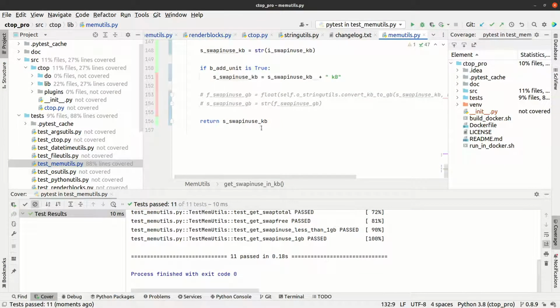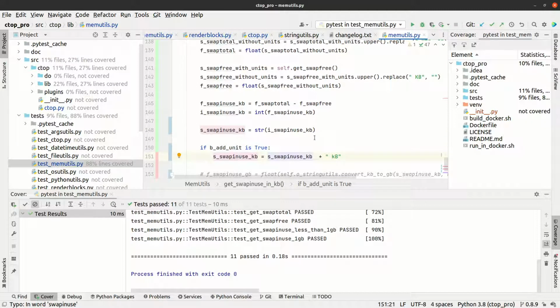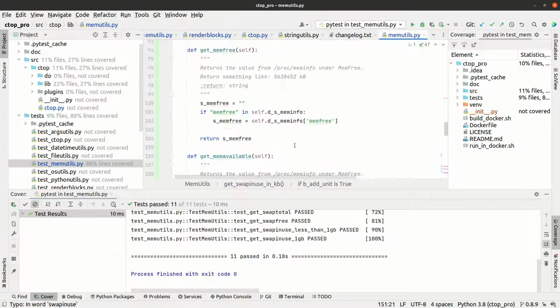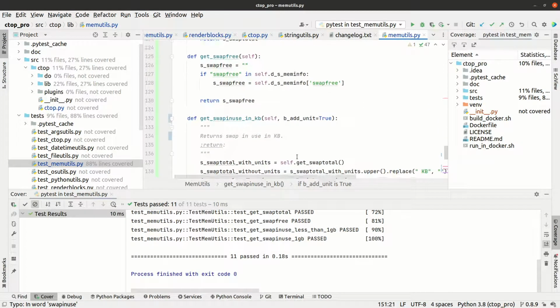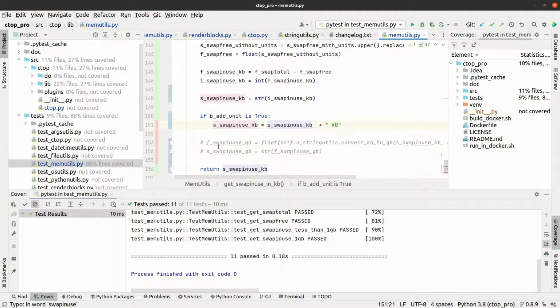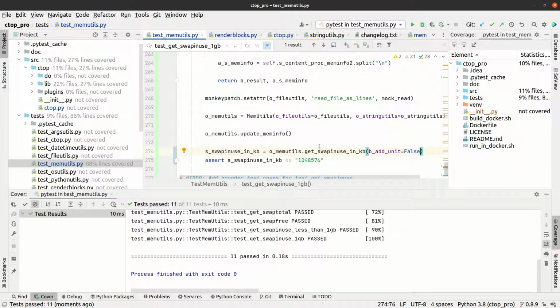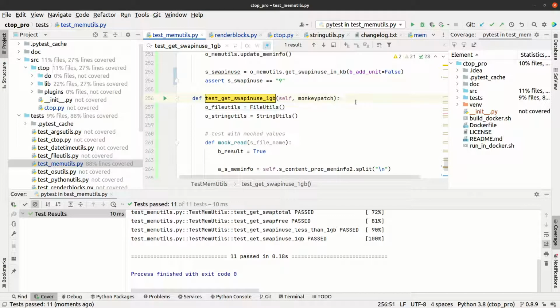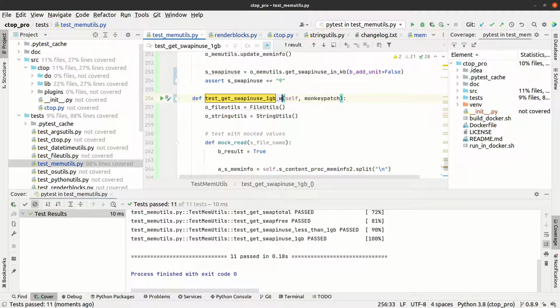So as we see, we are not testing the new part to add the units. So I want to test this as well. Okay, so it's only this. So I want to test this as well. So I'm going to repeat this function. Units,